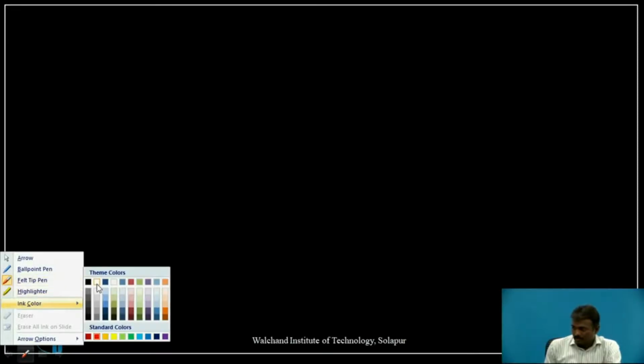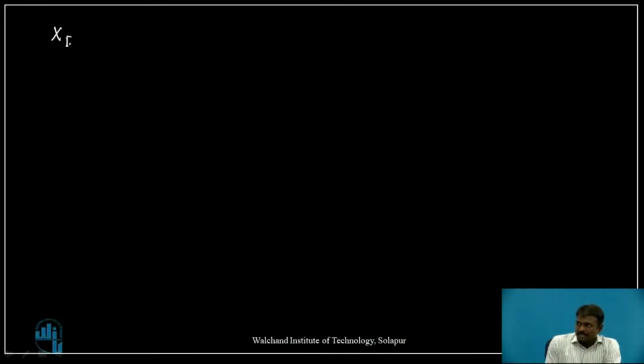Now further, x of z is written as summation n equal to 0 to infinity, 2 into z inverse to the power n. Now we are going to use the infinite summation identity in our example to simplify this x of z further. So pause the video for some time and try to recall the infinite summation identity which we are going to use in our example here.